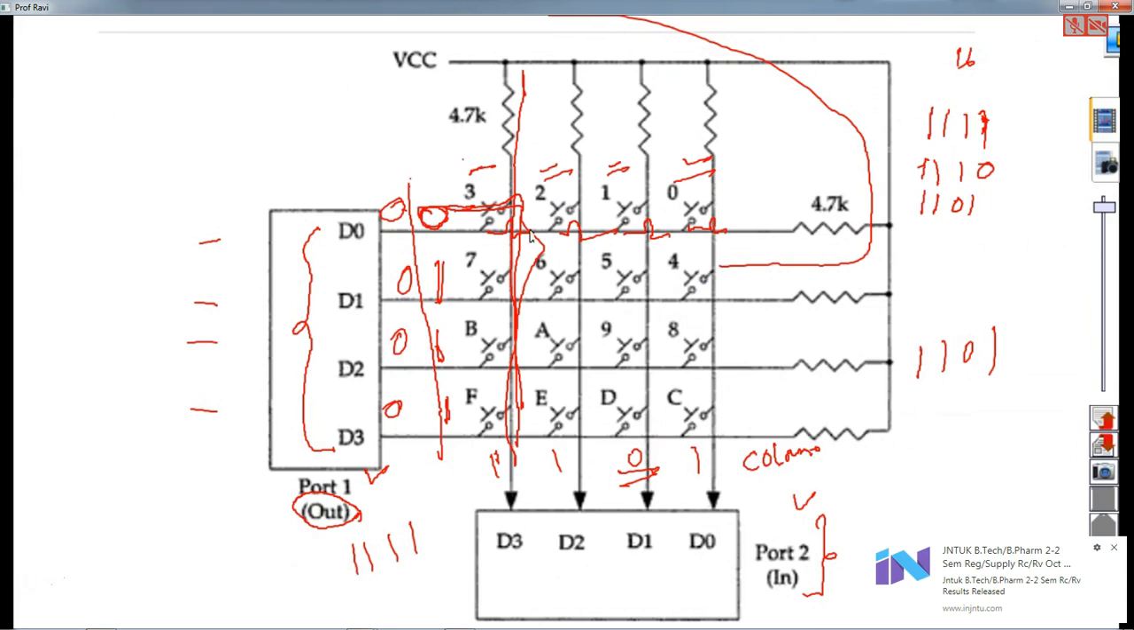So anyhow we are connecting this to P2.0 and P2.1 and P2.2 and P2.3. Anyhow these ports we are reading, and then this is P1.0 and P1.1 and then P1.2 and P1.3. So now let us take,